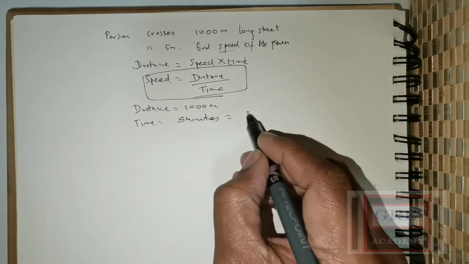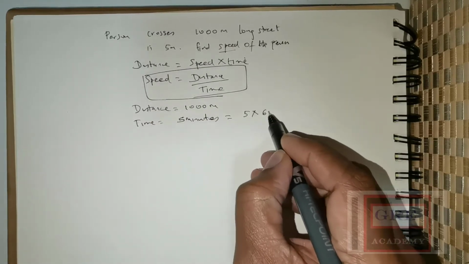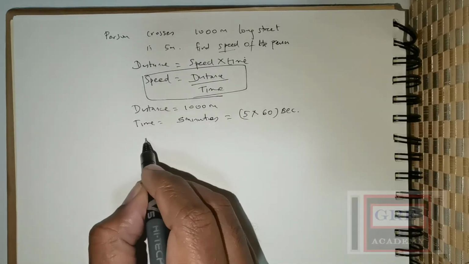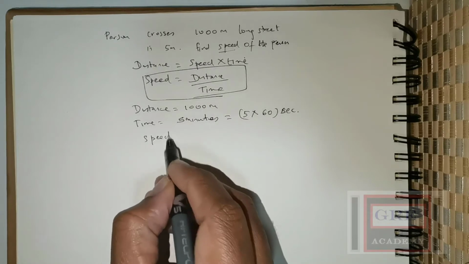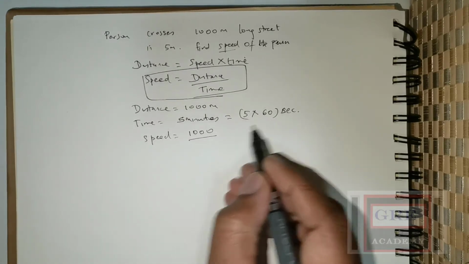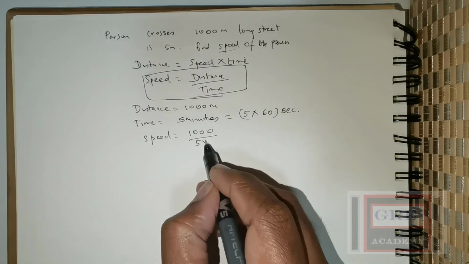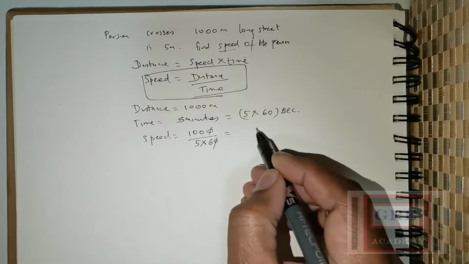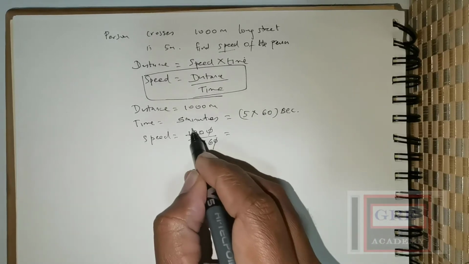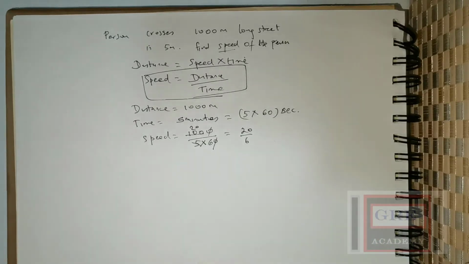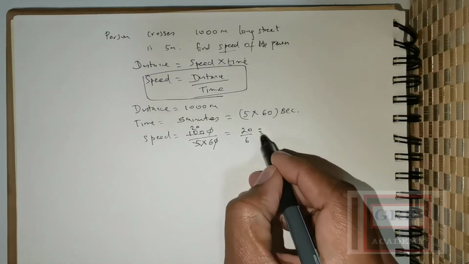Now since the distance is in meters, I would have to give the speed in meters per second. So 5 minutes has to be converted into seconds. Okay, so therefore the speed will be now distance 1,000 meters divided by the time, 5 times 60. Now the zeros can be cancelled. 5 divides 20 times, so I've got 20 over 6. Now this would give me